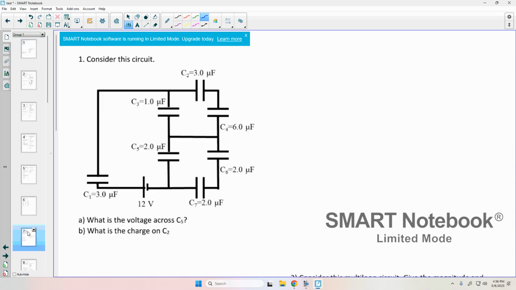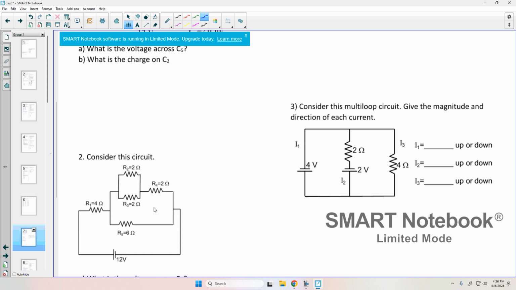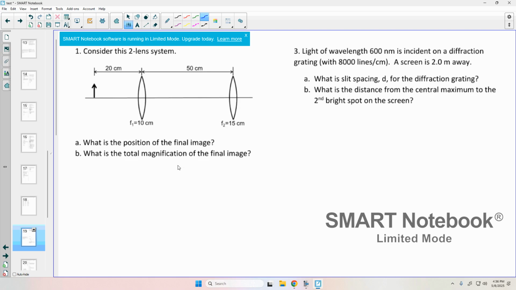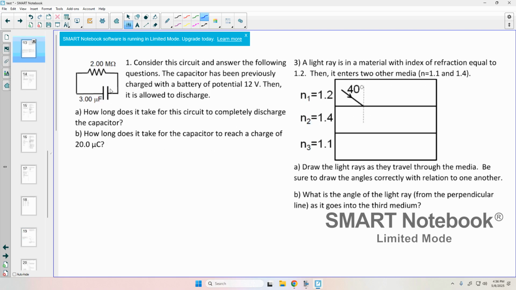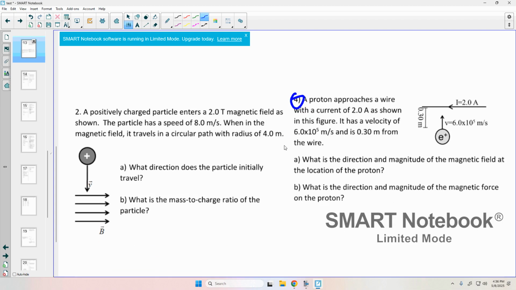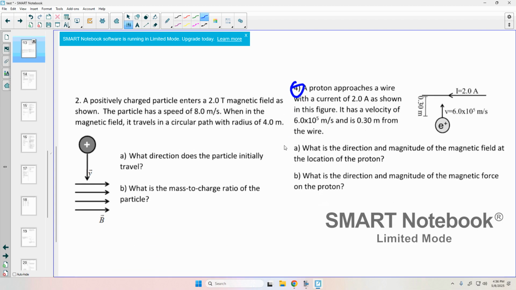Second, you're going to have a question like this, resistors in series and parallel. Thirdly, you'll have a question like this one, where you have the charged particle going up to the wire, and you'll have the same two questions. What's the direction and the magnitude? Both of those, if you don't get both of them, it's half off, of the magnetic field, and then the direction and magnitude of the force. And then finally, you're going to have,